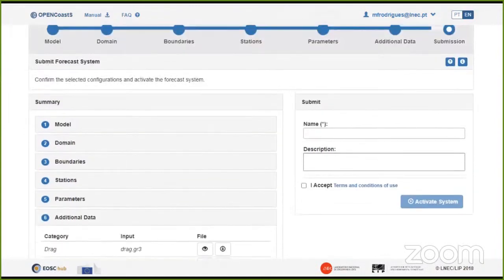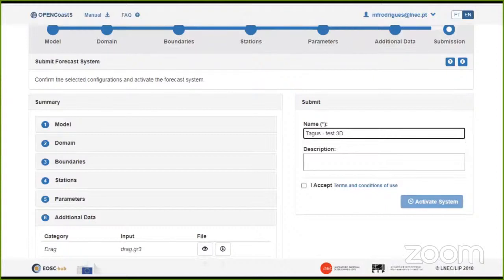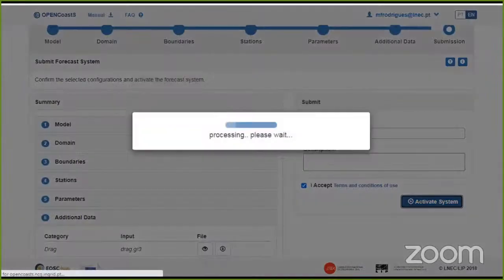So what we need to do next is to give a name to the forecast. Okay. And a description if we want to, and finally we accept the terms and conditions of use, and we can activate our forecast.